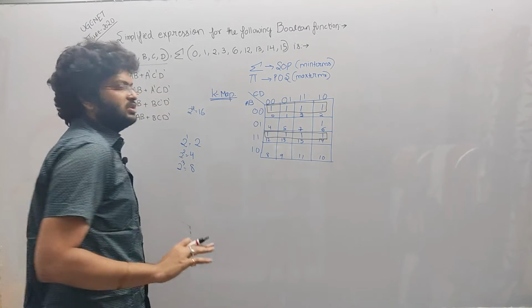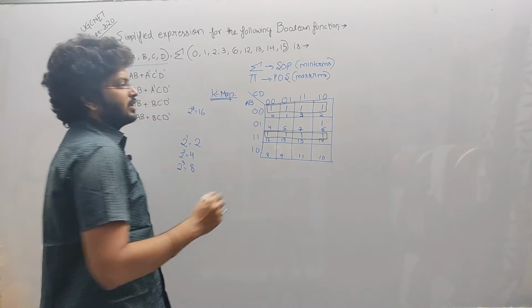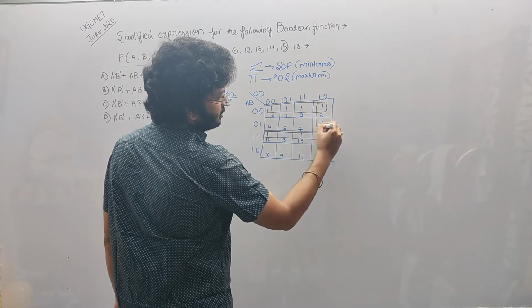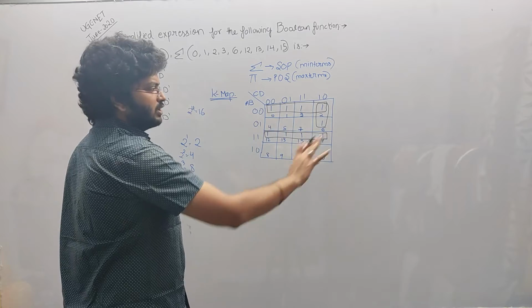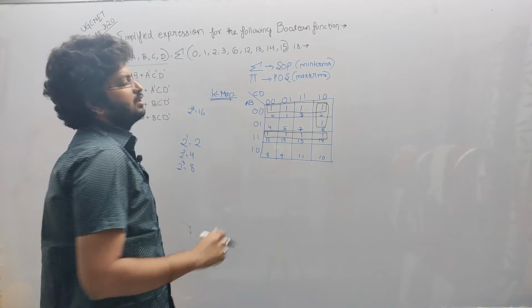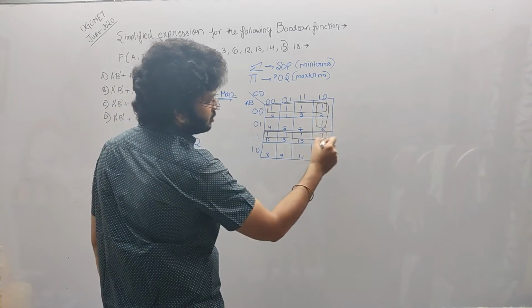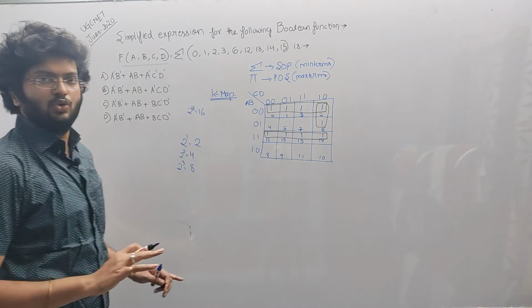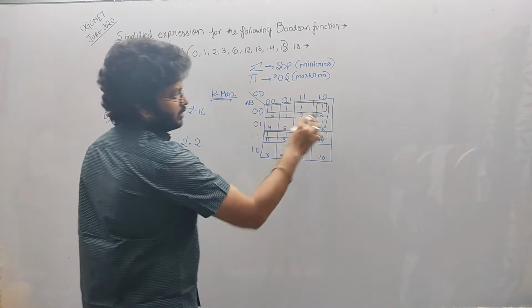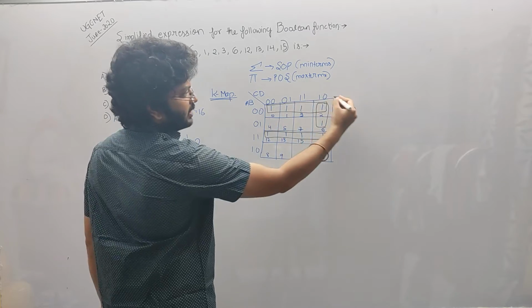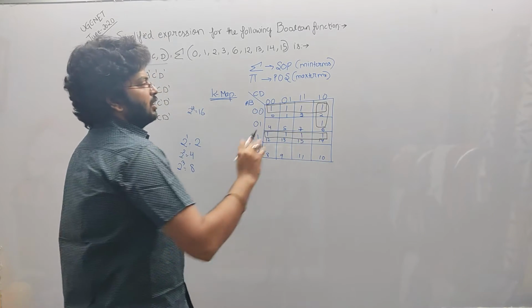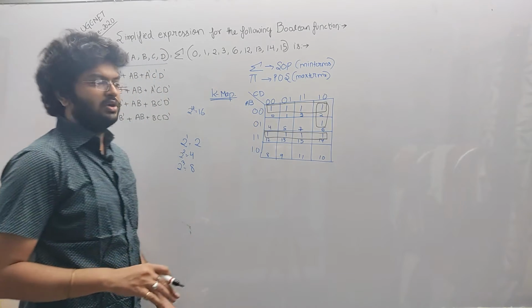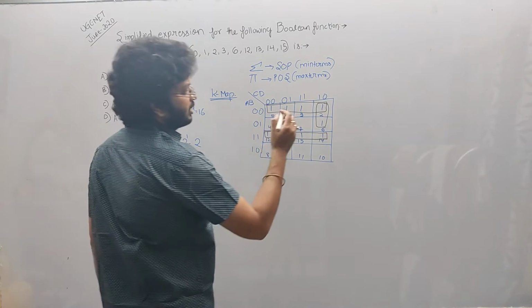Now 1 is remaining. So this one can either be combined with this. If it is combined with this, every one is covered, so we get the answer. Or this one can also be combined with this. So there are basically 2 possibilities. First, combining with this. So I am checking the answer of this box. Sorry, in the form of 8 ones we generally call it an octet, but here it is not an octet. There are 4 ones.